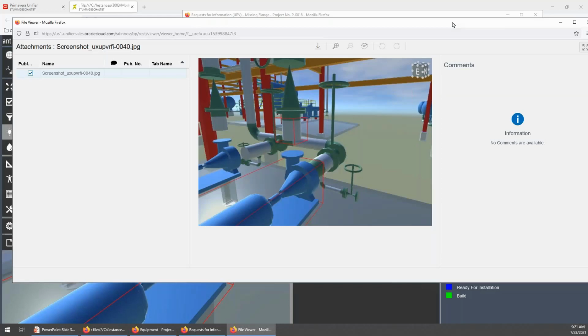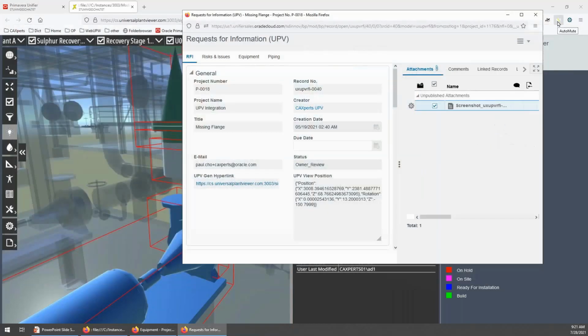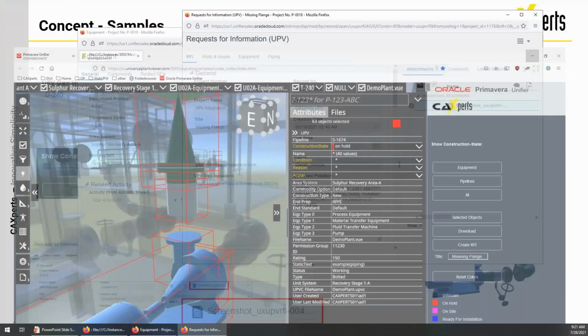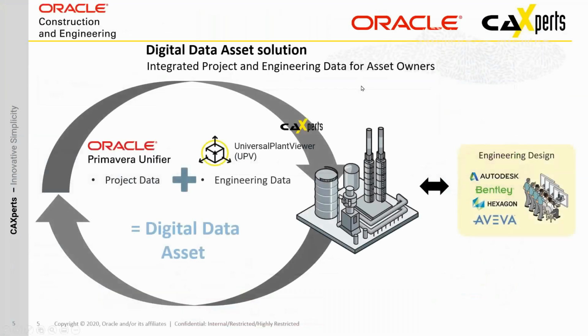So you fully have the track over that request for information. You have all the information, including the original situation as a screenshot. So that's quite a cool feature. Okay, I guess that's it for the overview. So let's go back to the slides, and maybe Jeff, you talk about the